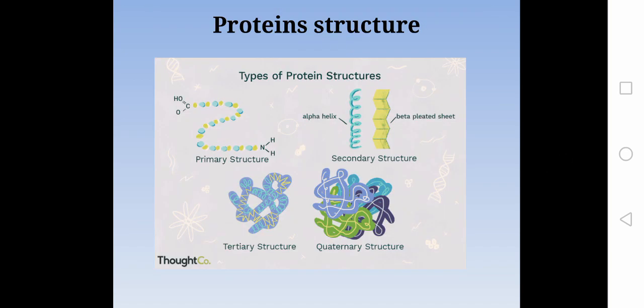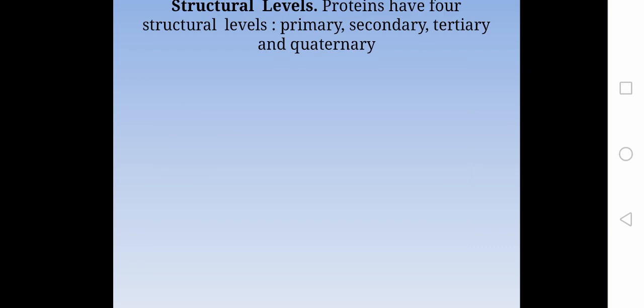Well, what can we say about protein structure? It has 4 levels. The first level is primary structure. It is a sequence of amino acids. Then the secondary structure, it is a helix, and tertiary structure is a global structure, and quaternary structure is formed from 1, 2, 3, 4 globular, 1 molecular.